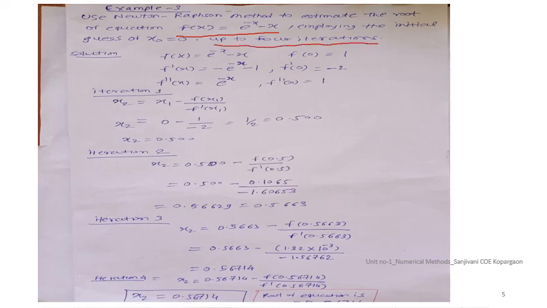So whenever a problem comes in the exam, you really need to see what condition is given in the numerical, in the question. Please make sure that you read this condition properly: up to 4 iterations, or up to a certain accuracy. Either one of the two conditions will be given, either the number of iterations or the accuracy, and you need to check the condition that is given. So either one of them will decide the line of action in which you will find the answers.